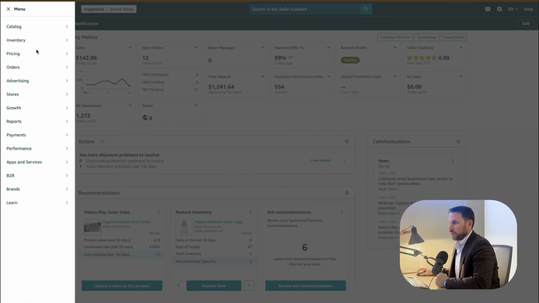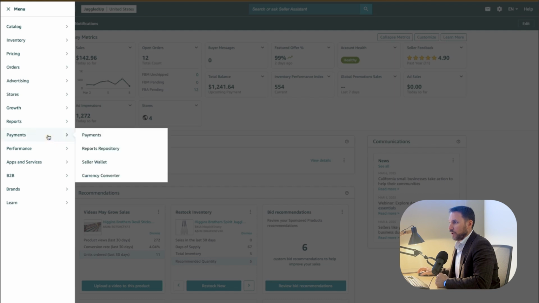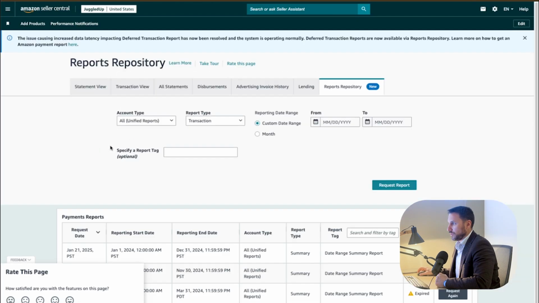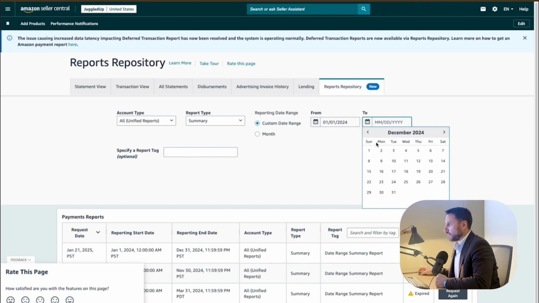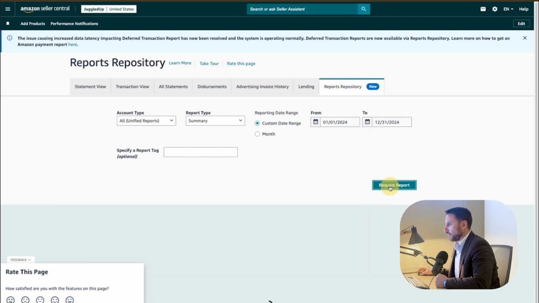All right, so let's get started. We're going to go to Amazon Seller Central and we're going to pull two different reports. So if we go to Amazon Seller Central and log in, the first place we're going to go is to Payments and then Reports Repository. When we get to Reports Repository, we're going to select Account Type, All Unified Reports, and then Report Type, Summary. We're going to select Summary, and then we're going to do Date Range. So let's say you're doing taxes for 2024. We're going to go ahead and select the range from January 1st, 2024 to December 31st, 2024 and click Request